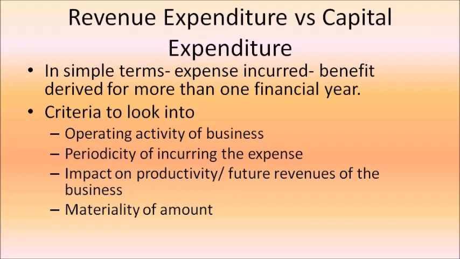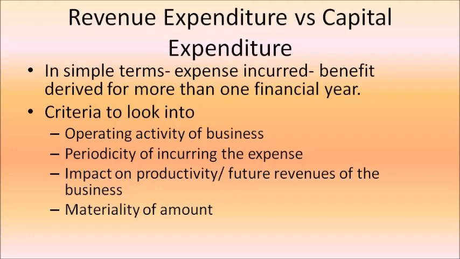For example, if there is a furniture dealer, the stock will be furnitures. Though furnitures are widely being used as fixed asset, in case of a furniture dealer, it need not be a fixed asset because he deals in furnitures, that is, he purchases and sells the furnitures. So his operating activity itself is furnitures as stocks. So in such case, furnitures are not fixed asset, they are current assets, that is, they are stocks for that particular entity.